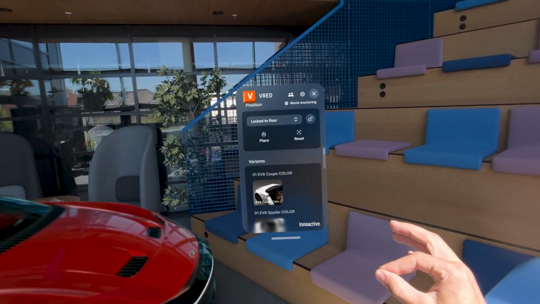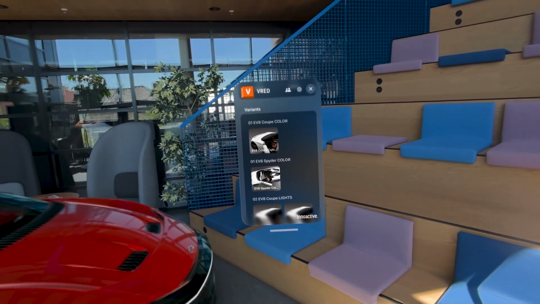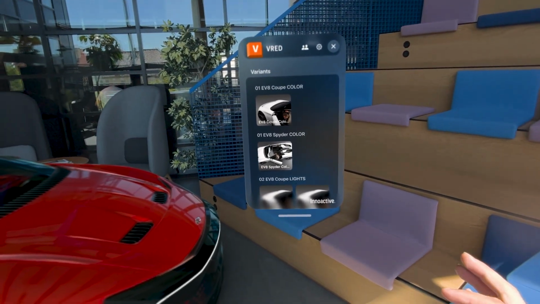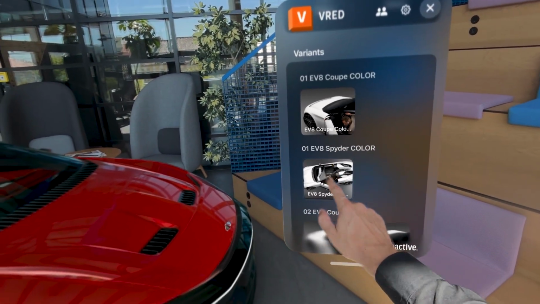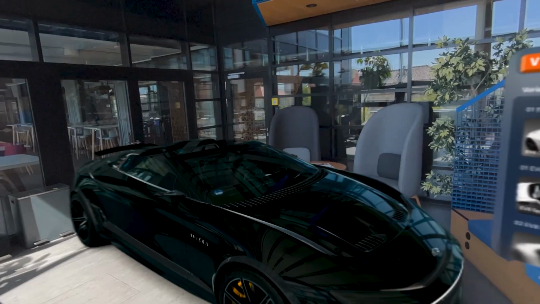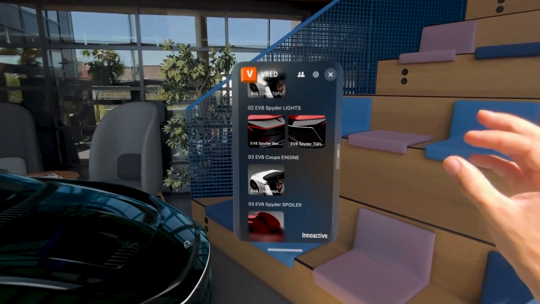If we go down, you can simply look at the menu itself, pinch and drag up and down. You can see that we can move around it. You can see all your variants. In this case, you can do both. You can look and pinch your finger, or you can simply tap on a variant. And you can see that it's already taking action and modifying the car. If we move all the way down,